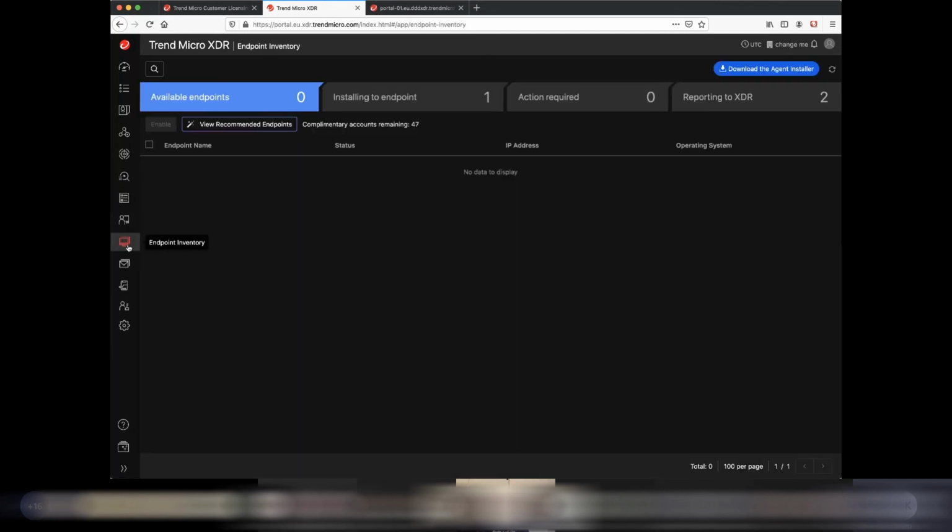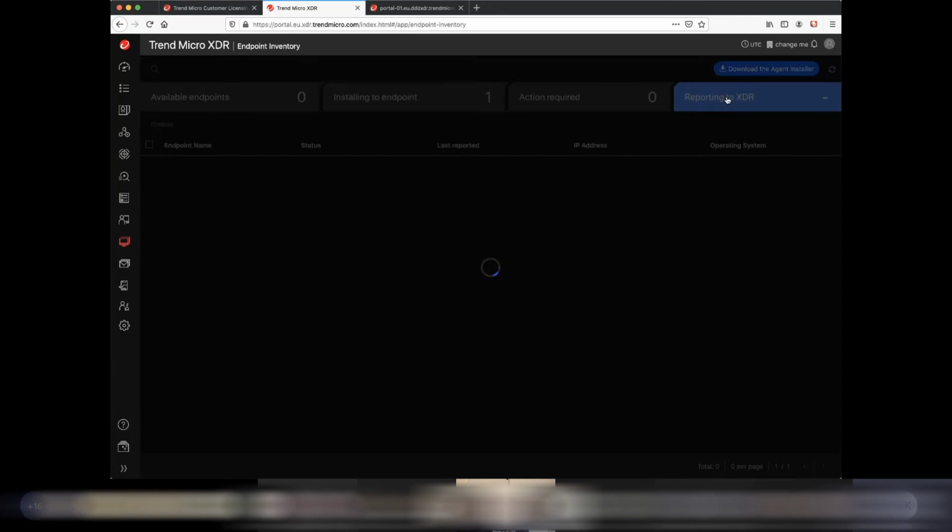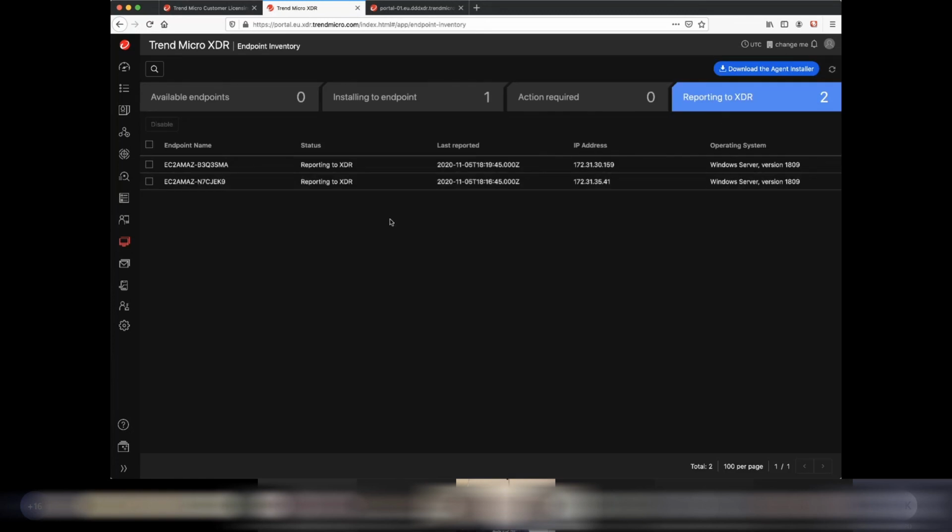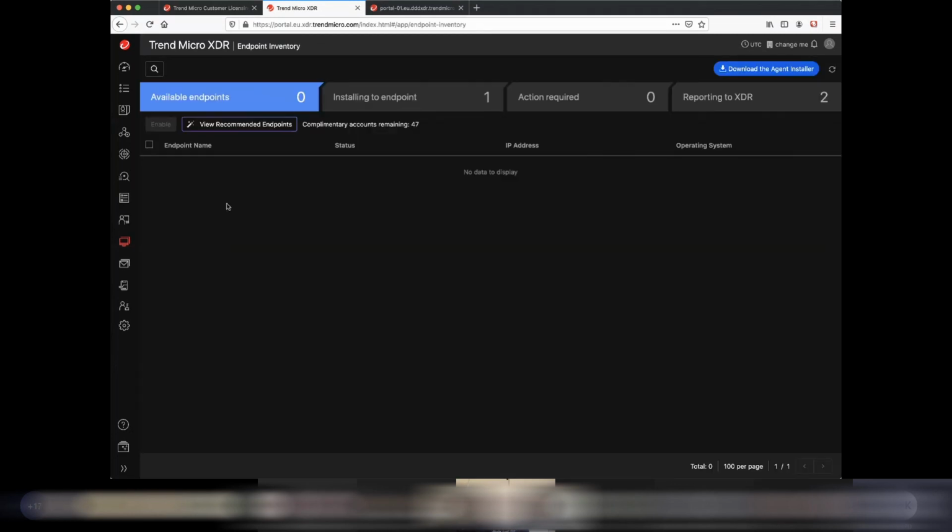The response management is something that doesn't work here in that Flywheel. However, we have this endpoint inventory, and in the endpoint inventory, we have information about the machines that are reporting to XDR, because this is the most security XDR. We have no available endpoints here on the list. When we connect the Apex, they are here. But we could, of course, download the